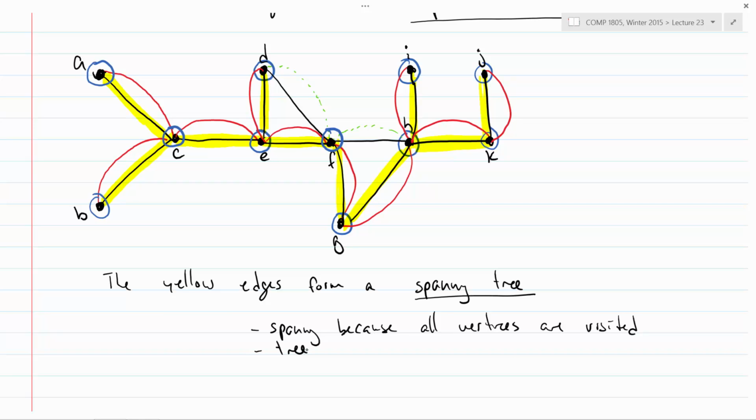Right, so why does it have no cycles? Because you're either going to a new node or you're going back the way you came. Exactly. So you never go from a vertex to a vertex you've already visited along a new edge. That never happens, because if you were going to do that, you wouldn't. You would actually just backtrack. So it's a tree because there are no cycles, because if you had a cycle, you would be visiting an already visited node.